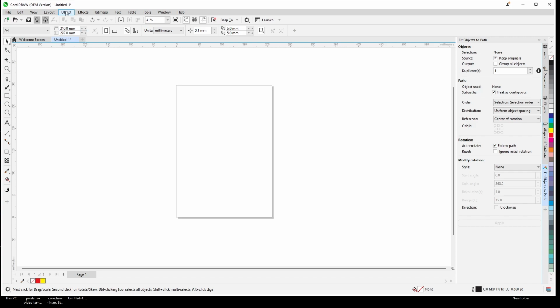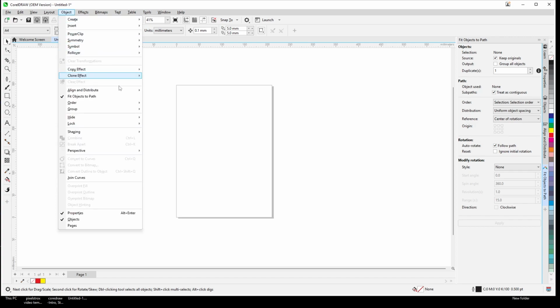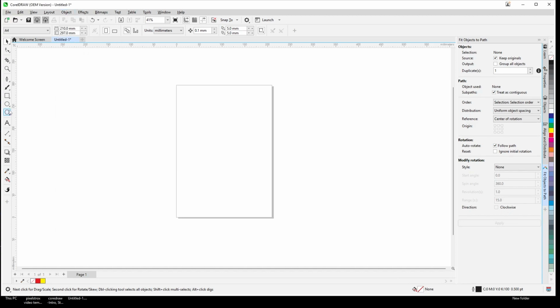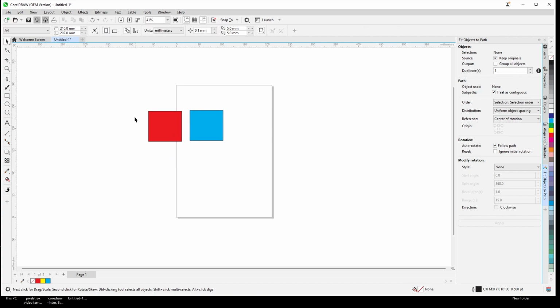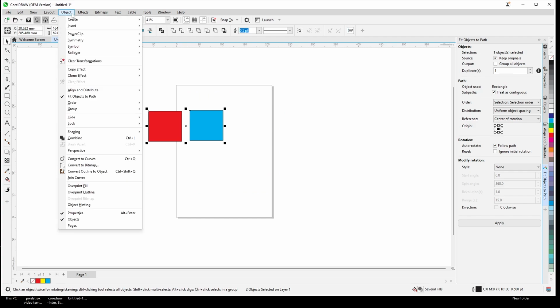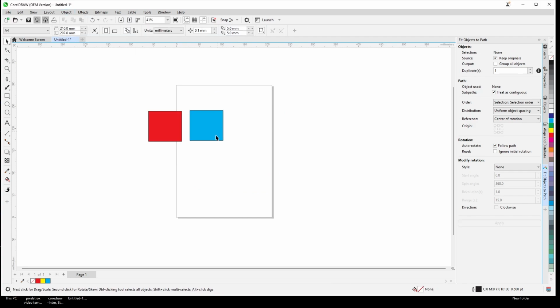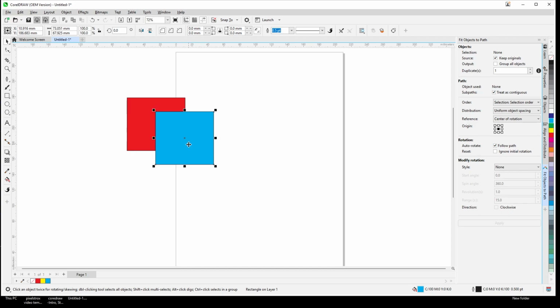Delete this one, and after that here: order, group, hide, lock. It is very easy to understand, because this is one object. I'll duplicate this one by pressing the plus key on the keyboard. It's duplicated, and fill it with another color, and select these two and Object. Red is in back, so blue is on top, right? You can send this blue